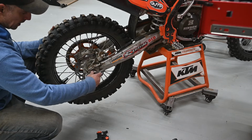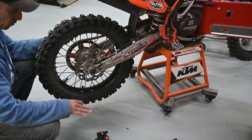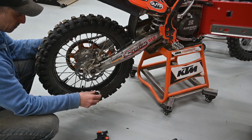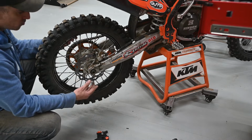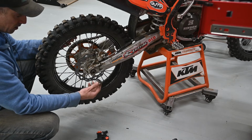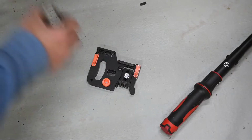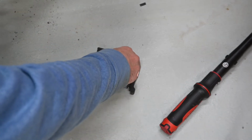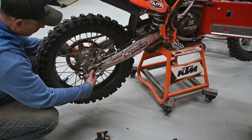I have Australian Shepherds, so they get hair all over this floor. I hate putting greasy components directly on the floor because they just pick up dirt and hair. If you're outside at the track or on the trail and you don't want to lay your greased components on the ground, the tool is perfect for holding your stuff off the ground, holding your nut in place, holding your spacer in place, and best of all, it'll actually hold,